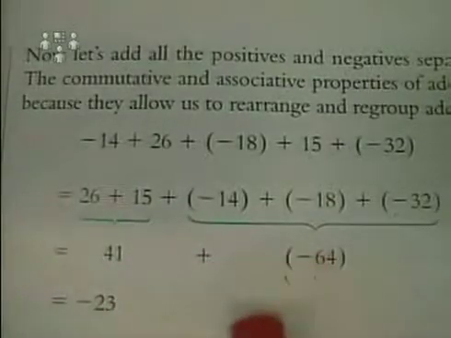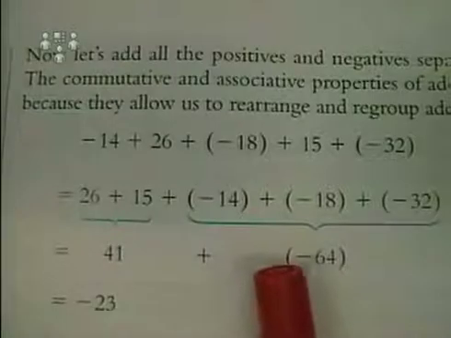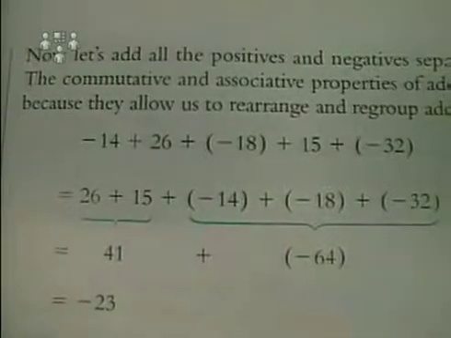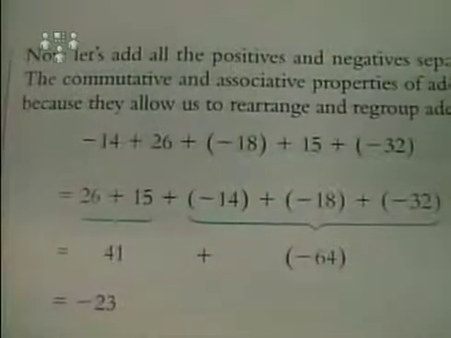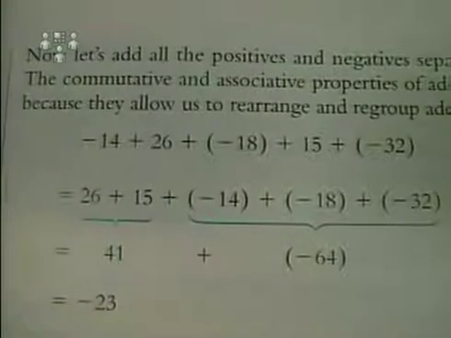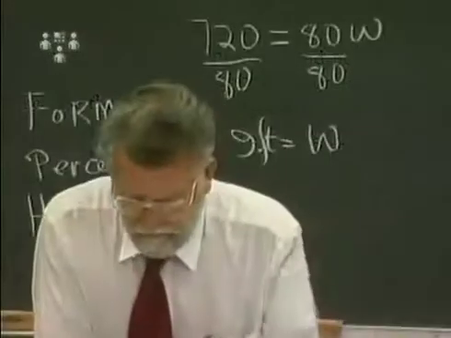It's a 23, and the negative 64 has the larger absolute value, so that becomes a negative 23. I'm at the top of page 107. And so the argument, add the positives, add the negatives together, and life is going to be pretty good. So as we come off there,